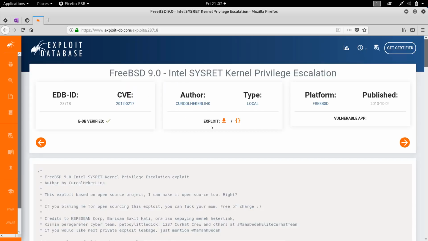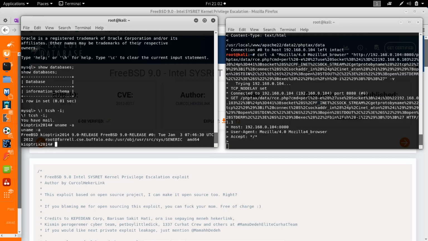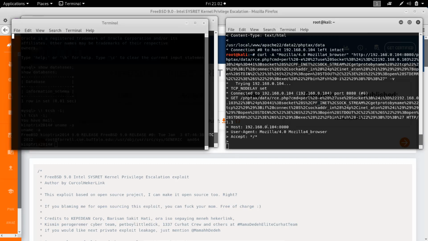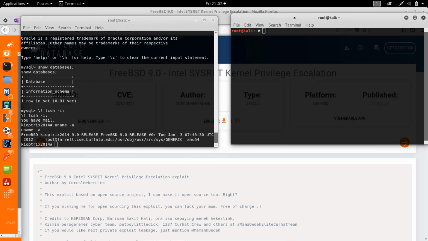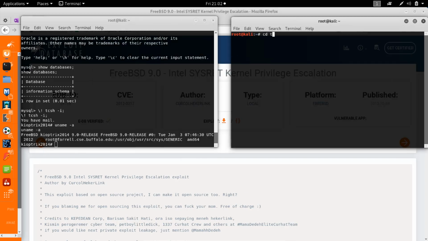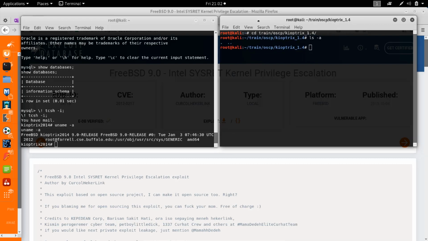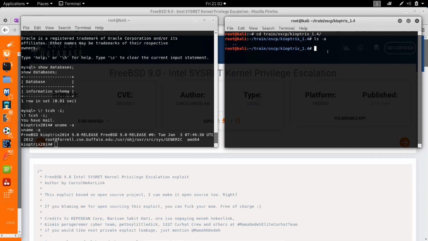Before we get into that, I tried understanding how I am going to be able to move files between Kali over here, and I'm going to minimize this. So move files between Kali. Let's go into the train OSCP Kioptrix folder. So I looked into the ways that I'm going to be able to move files between Kali